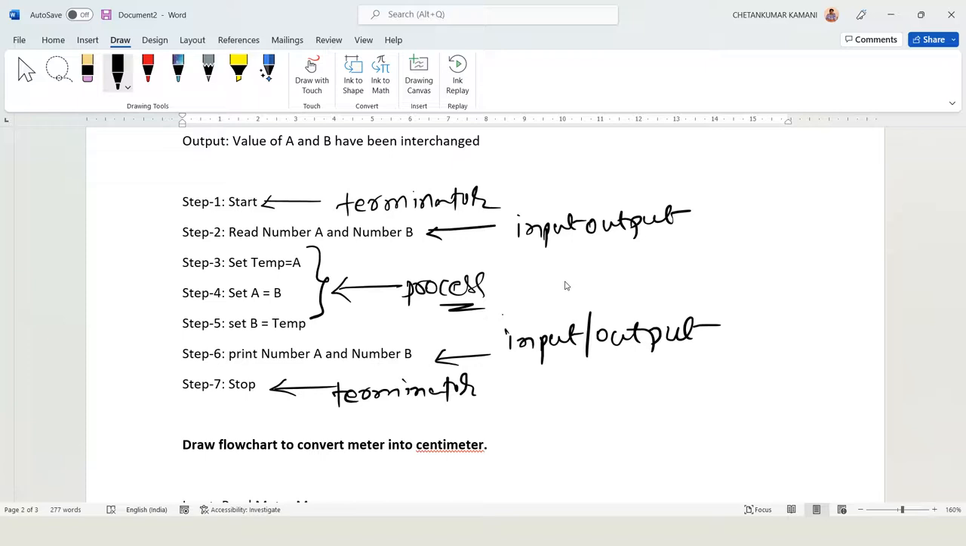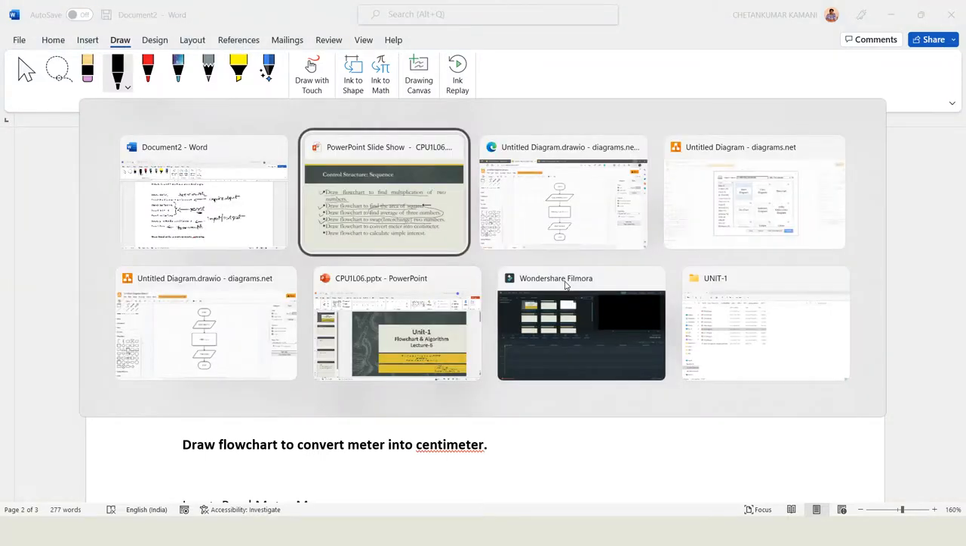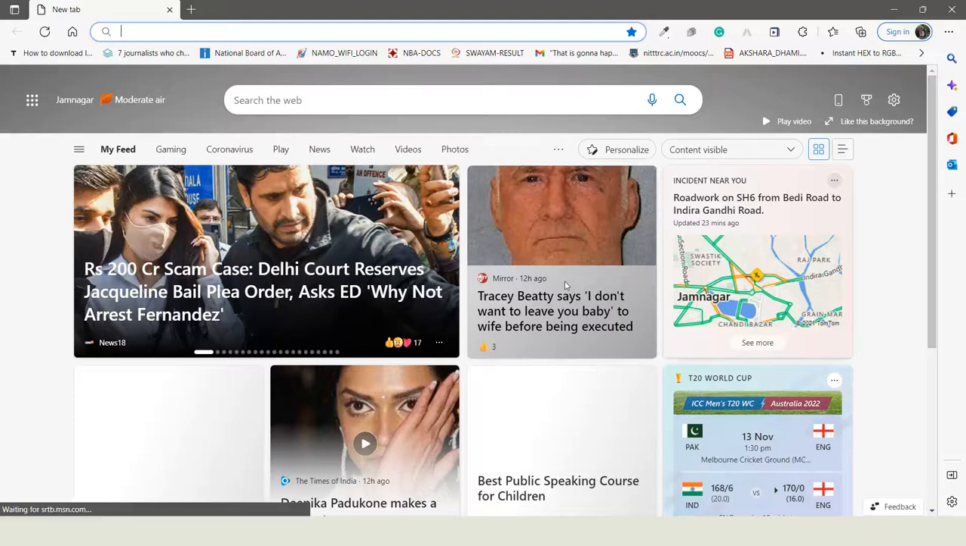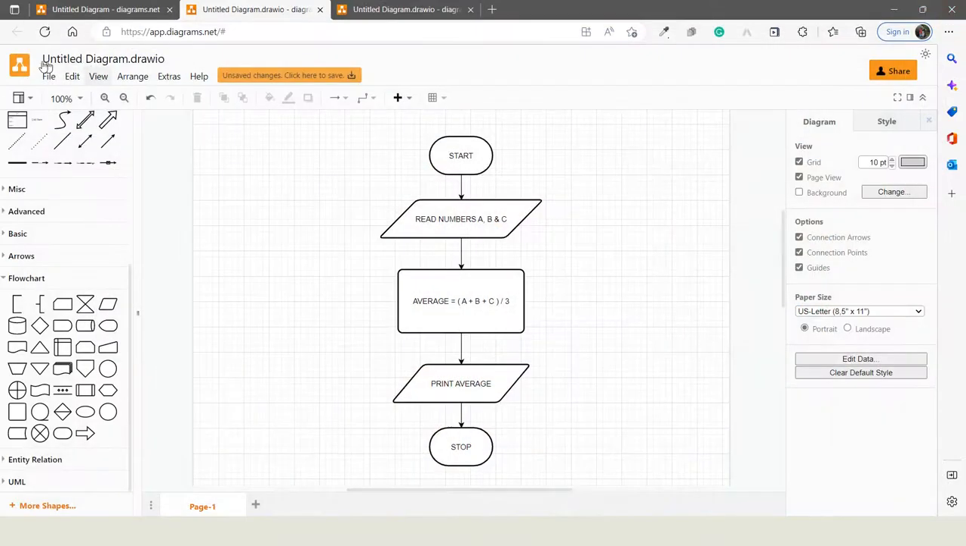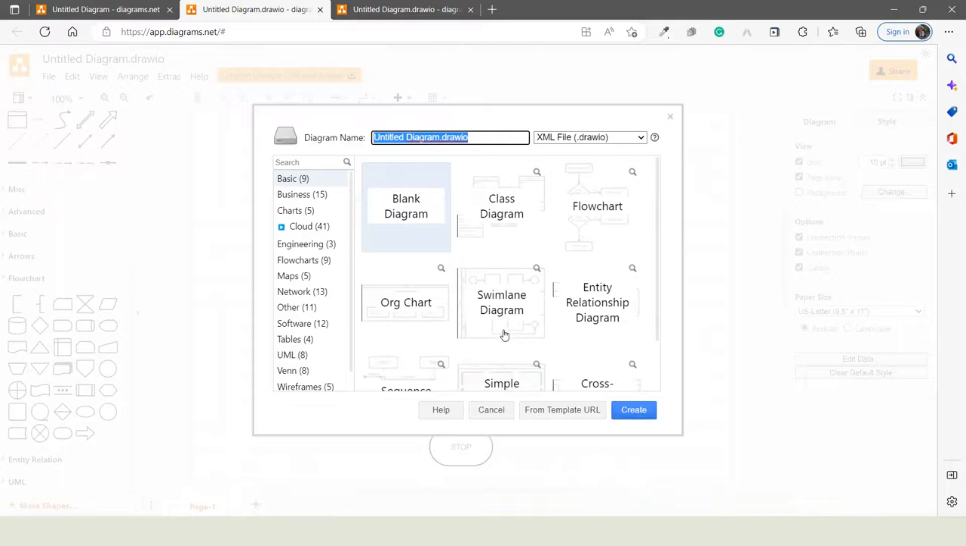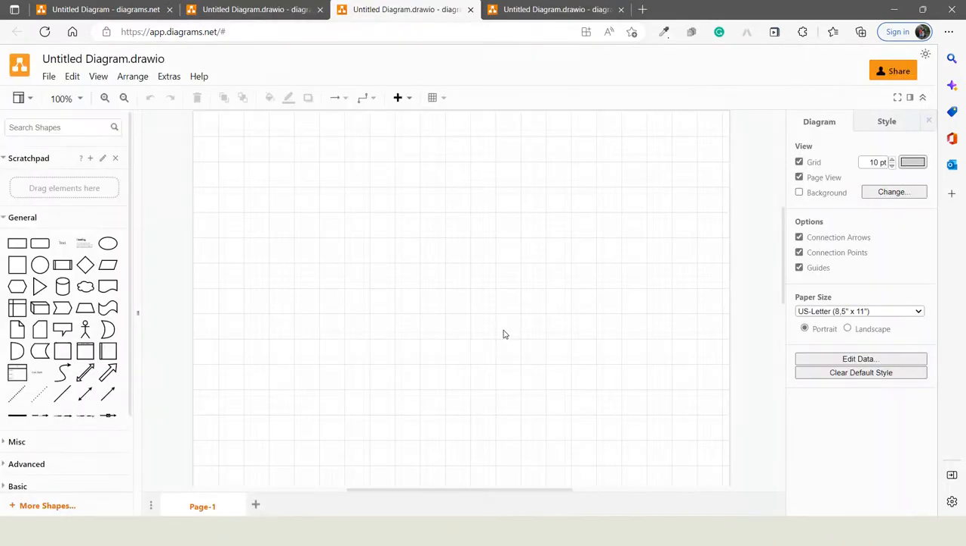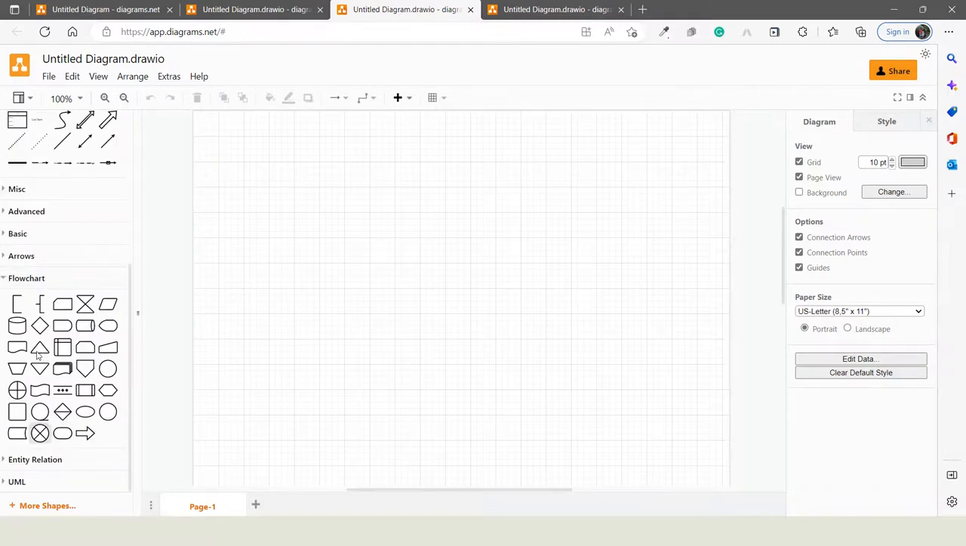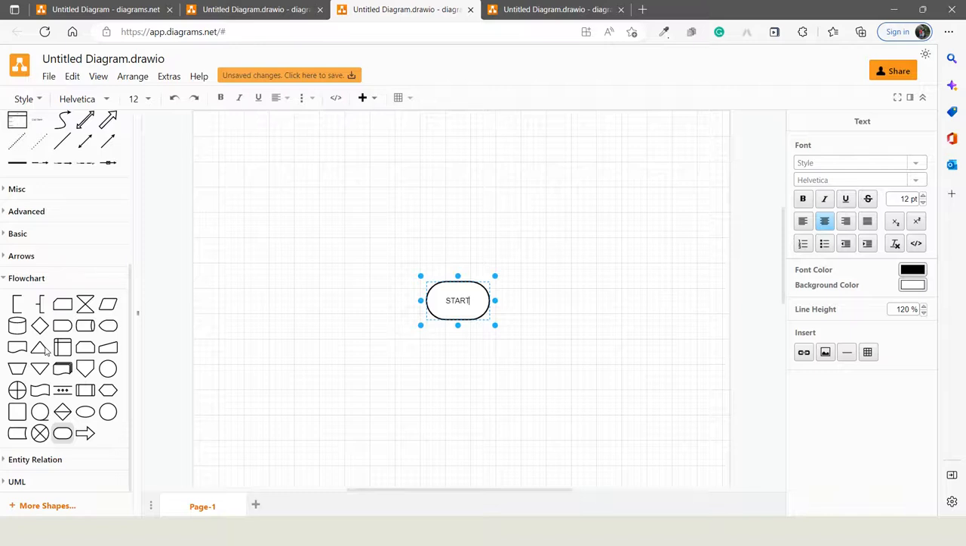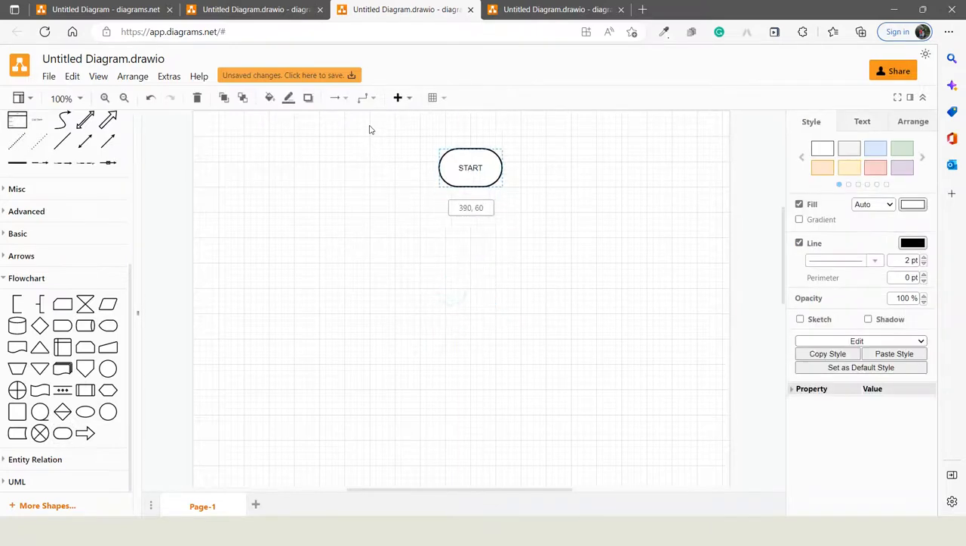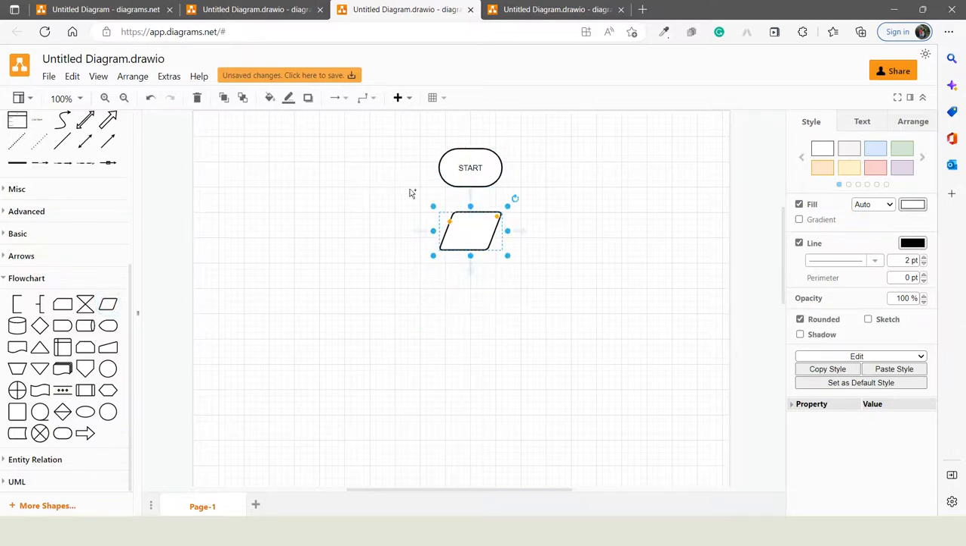Let's just draw quickly its flowchart. Let me go to file and new, blank. So what is the first one? Again, quickly go to the flowchart categories, then start. Then what is our next symbol? Yes, definitely it is an input output symbol. What is our problem? To swap the value of two numbers, right? So read